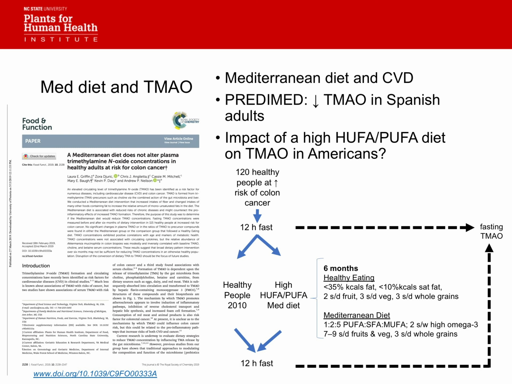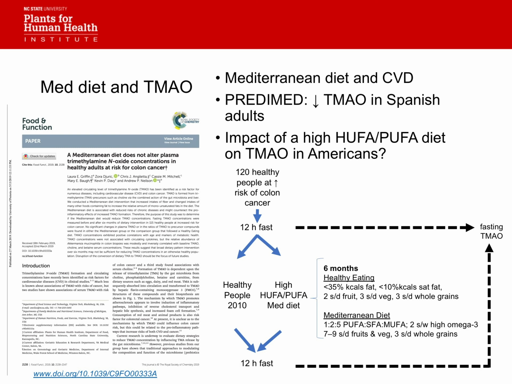The Predimed diet, a Mediterranean diet study that's still ongoing, showed that a Mediterranean diet did decrease TMAO in Spanish individuals. This was a high HUFA-PUFA diet in Americans. There haven't been a lot of studies on cardiovascular disease and the Mediterranean diet in American subjects on this scale. She recruited 120 people and divided them, and instead of eat whatever you want versus a Mediterranean diet, they did a Healthy Eating 2010 diet, which is still a healthy diet, versus the Mediterranean diet. So it was a healthier Western diet versus Mediterranean.